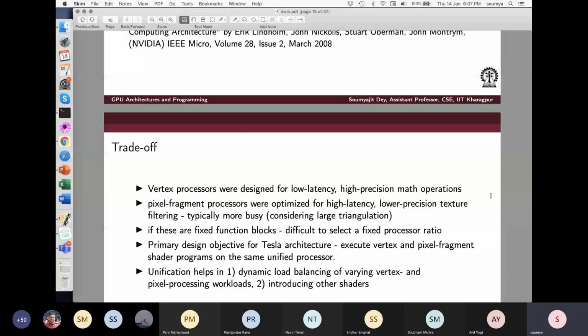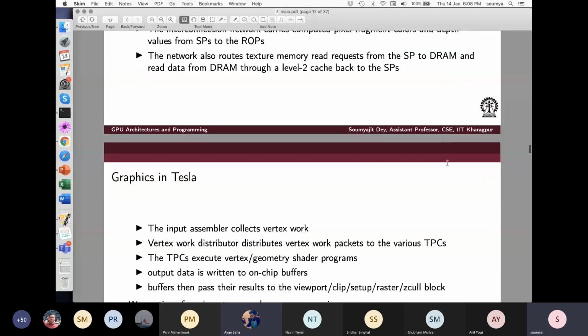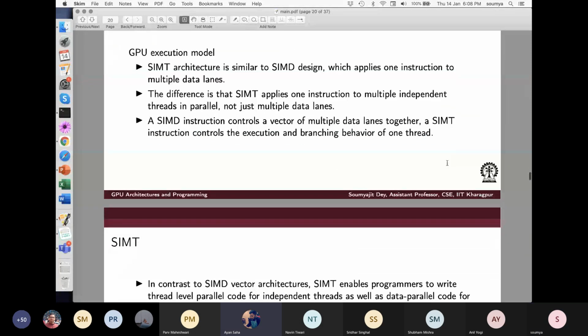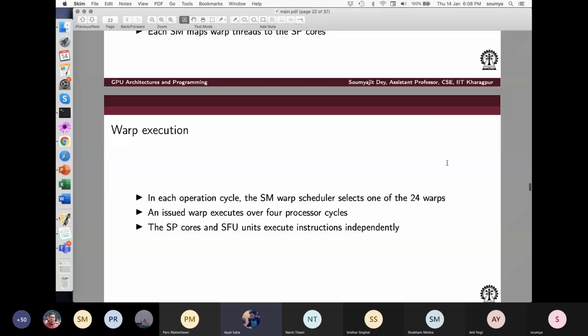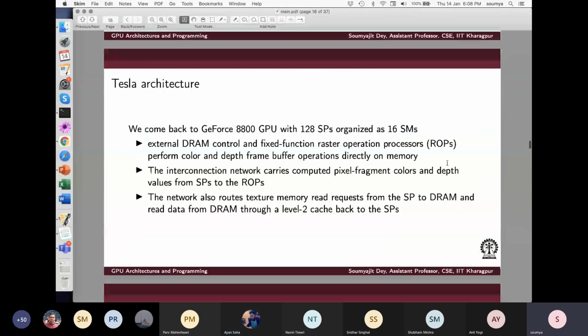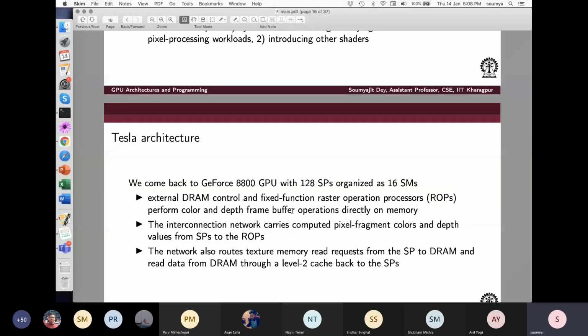Sir, I have a doubt in the shader parts, the components. Okay. What is your doubt? In the GPU pipeline, you have shown there are 3 types of shader, and I do not understand what they actually do. Yeah, for our purpose you can leave it because I just have it for information.